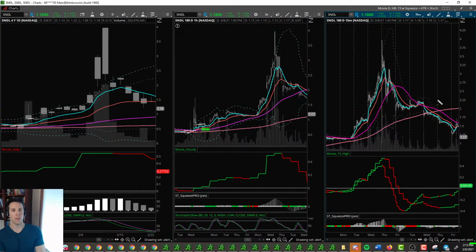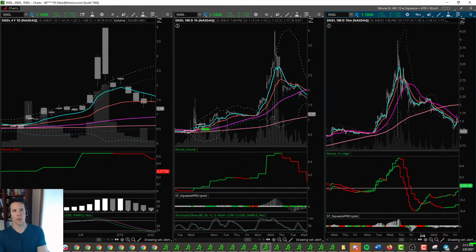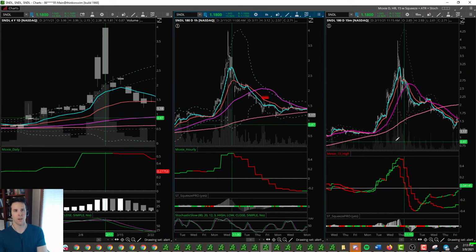And then the next day, I did actually take a little bit more off here, because what I could see was that price was doing an inverse trampoline move on the 15-minute time frame. Anybody who's paid attention to how I trade, and anybody who's taken class, you know exactly what this is and just how important it is. Price should not be over the 50 if the Moxie indicator is below 0. So I was able to take some more off. And then we had our stop just below that, because I didn't want to give any more back on that.